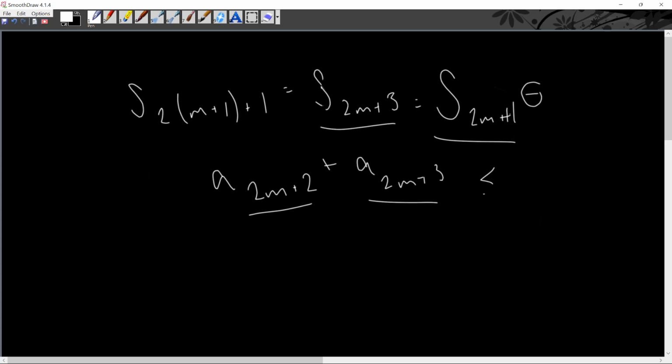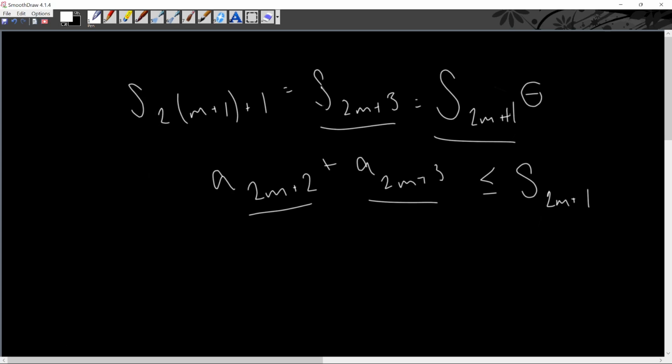And then this is less than or equal to the sum up to 2m plus 1, right? Because this is what the definition was saying, that this is monotonically decreasing, so a sub n plus 1 should be less than or equal to a sub n, the absolute value. So we have this idea fully written down,